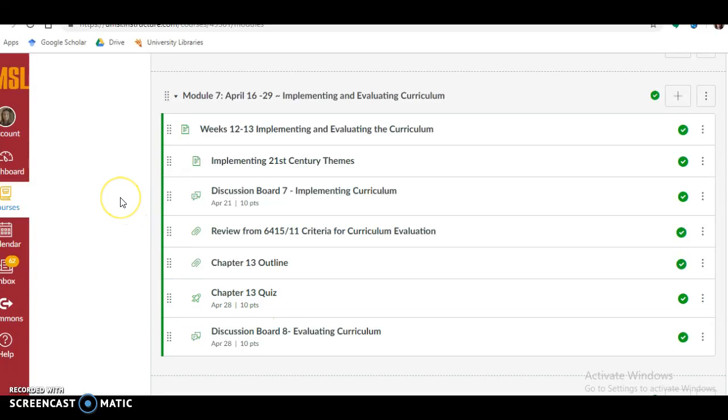Hello, we are in week 13, and this week we are talking about evaluating the curriculum. Last week we talked about implementing the curriculum, and I wanted to take a second to review because as I am grading your learning activities and assessments, I'm not seeing what I would like to be seeing. So, part of this class is about revising an existing curriculum. Although for some of you, you don't have an existing curriculum, so you're actually writing one from scratch. And I understand that that may require a different level of work for different people.